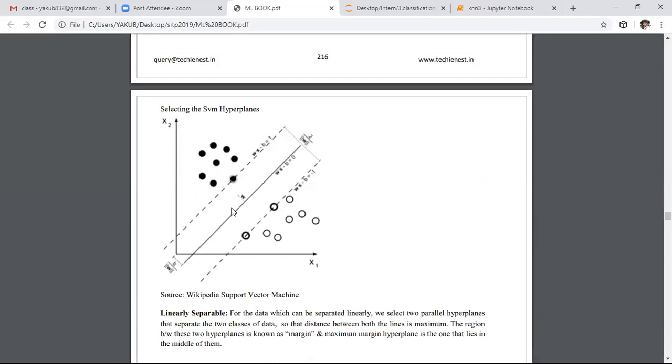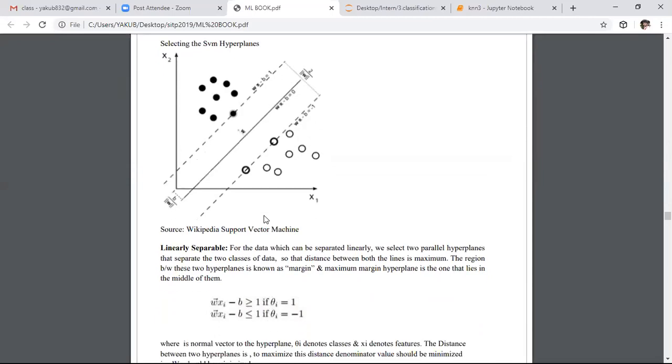Here these are the data points belonging to one category, and these are the data points belonging to one more category. This line is called an optimum hyperplane. It is a line which classifies both the data points equally. This entire distance is called the margin. From the center of the line to the starting point on each side, this is called the high margin. Whatever points lie above this are called one category, and whatever points lie below belong to the other category. So here it is linearly separable data.